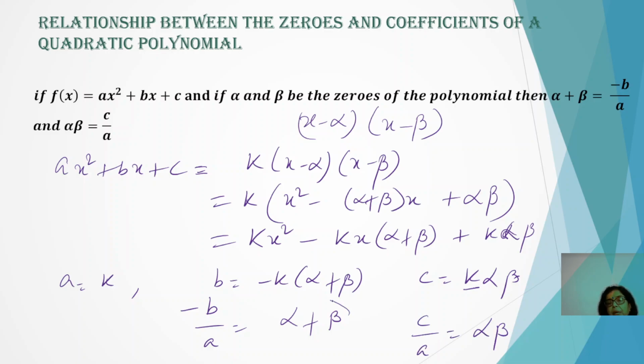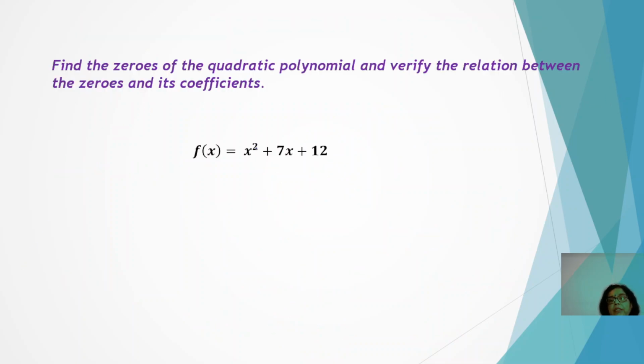That means the sum of the zeros is the negative of the coefficient of x divided by the coefficient of x squared, and the product of the zeros is the constant divided by the coefficient of x squared. Now here there is an example where we need to find the zeros and verify the relation between the zeros and its coefficients. Supposing we have to verify the relationship between the zeros, first we need to find the